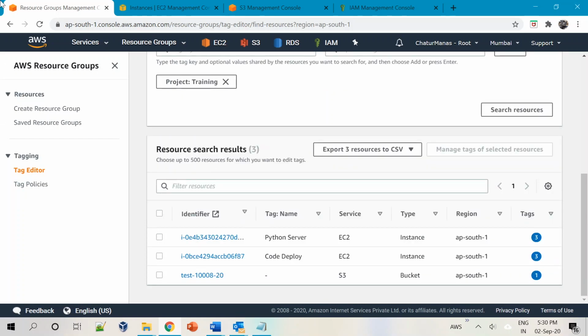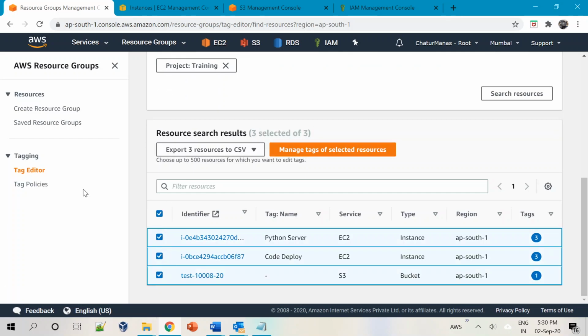So it listed all my resources which have a tag called project under the name training, and I'll choose all of them. I can export resources to CSV as well, just if any of your managers wants to have the list of those resources, I can export that into a CSV.